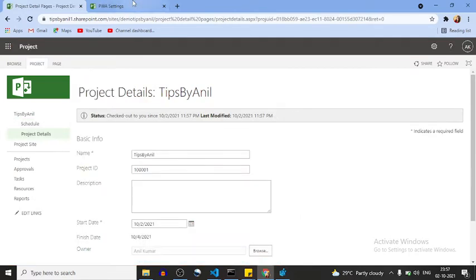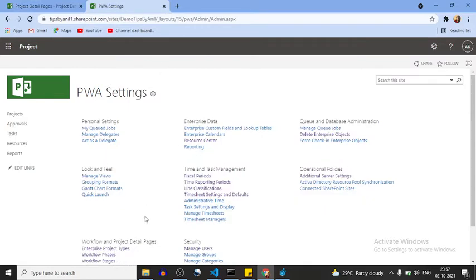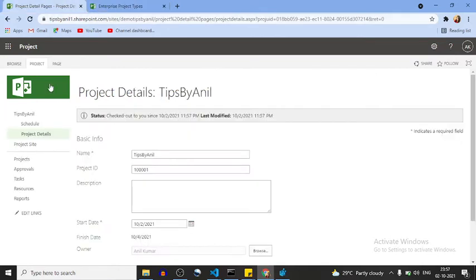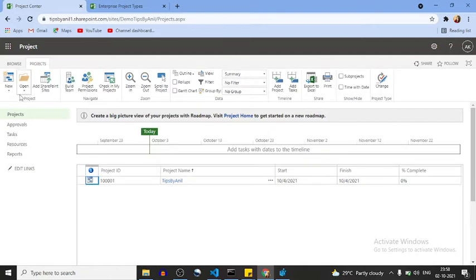First I will let you know how we can create a project with different PDPs. Here if you see enterprise project type, we have two PDPs, SharePoint task list and enterprise project. These two PDPs we get while we are creating the project.